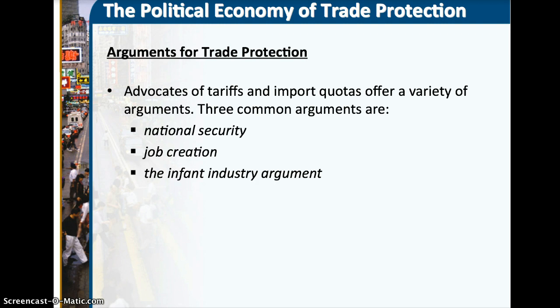Arguments for trade protection. Advocates of tariffs and import quotas offer a variety of arguments. The three common arguments are national security, job creation, and the infant industry argument. Despite deadweight losses, import protections are often imposed because groups representing import competing industries are smaller and more cohesive than groups